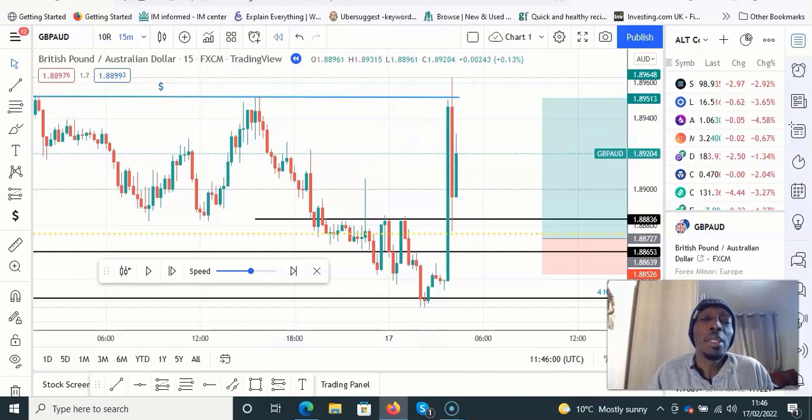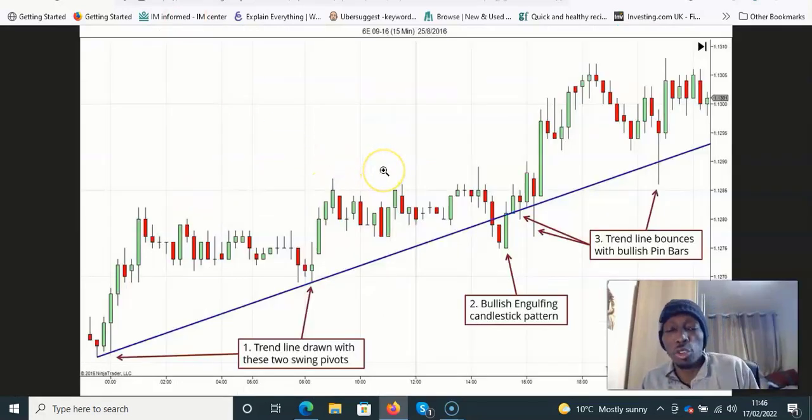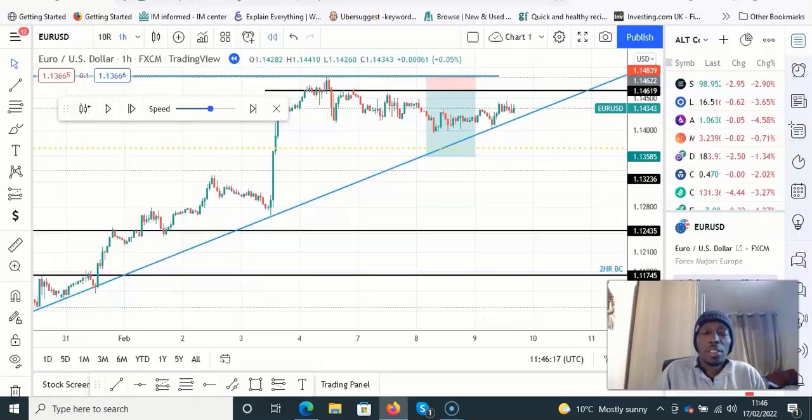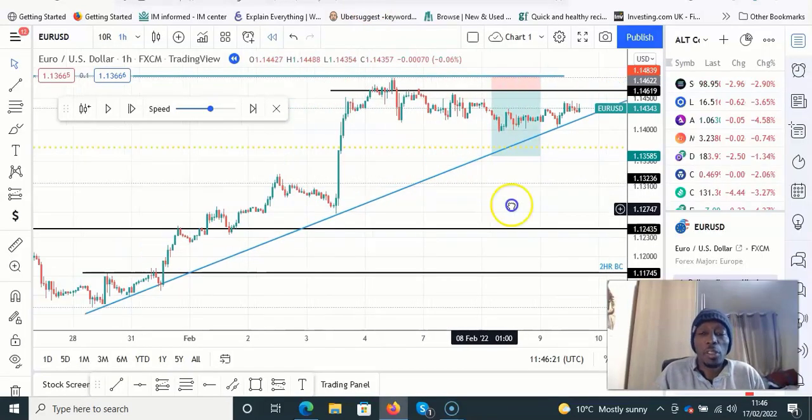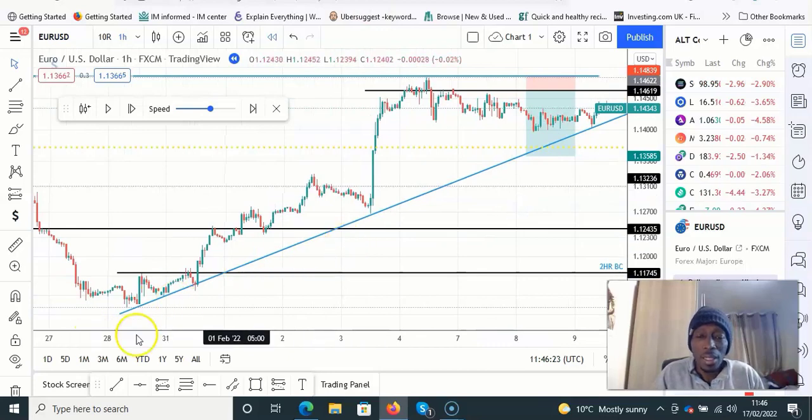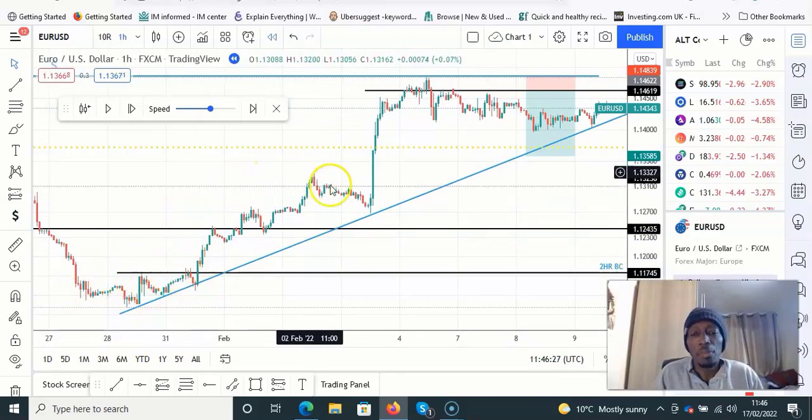The second one is what we call a trend line bounce. Again, a subjective line that you draw on the charts, and price keeps bouncing off this line. You keep thinking, okay, next time it bounces, it can't get through this line, I'm going to buy it to go up. Let me show you this on the chart. This happened only recently. You see this? Look at this. Beautiful bounces. 1, 2, 3, 4,